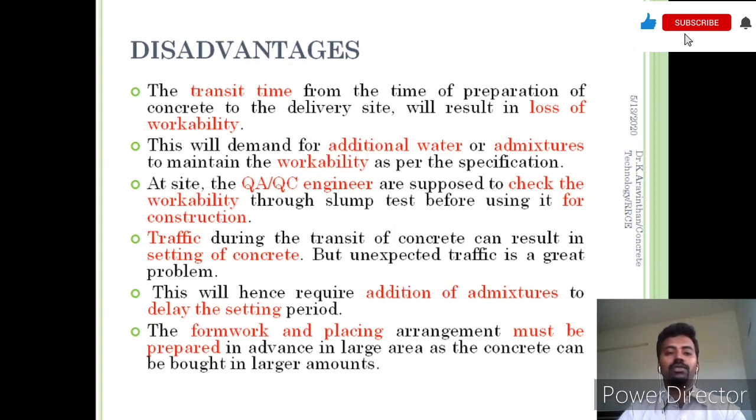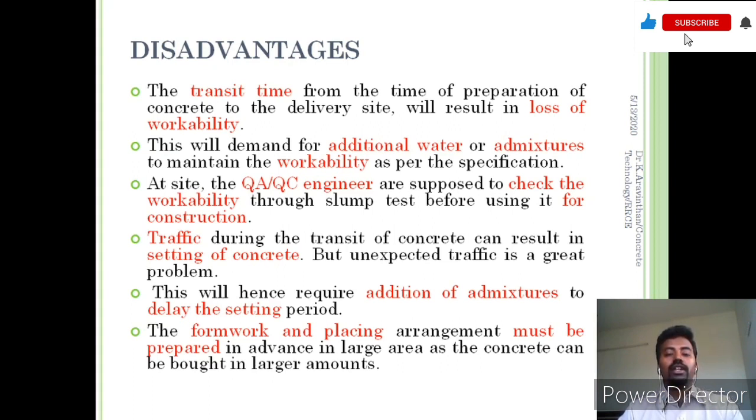The disadvantage of the ready mix plant is, the only thing is the transit time. During the transit time there might be a loss of workability, so you have to add a certain amount of water or chemical admixture in order to get the particular workability. Those admixtures may affect the performance of the concrete if we are not monitoring them, and additional water and admixture to maintain the workability increases the cost.